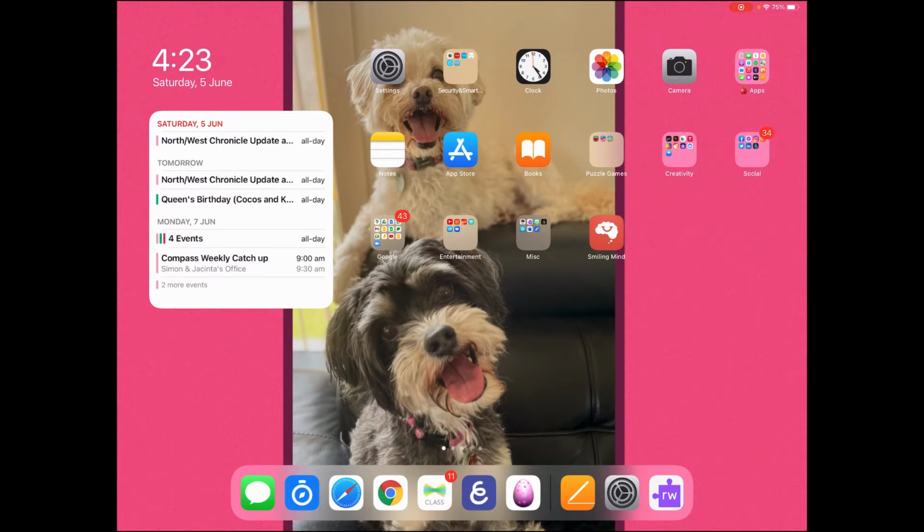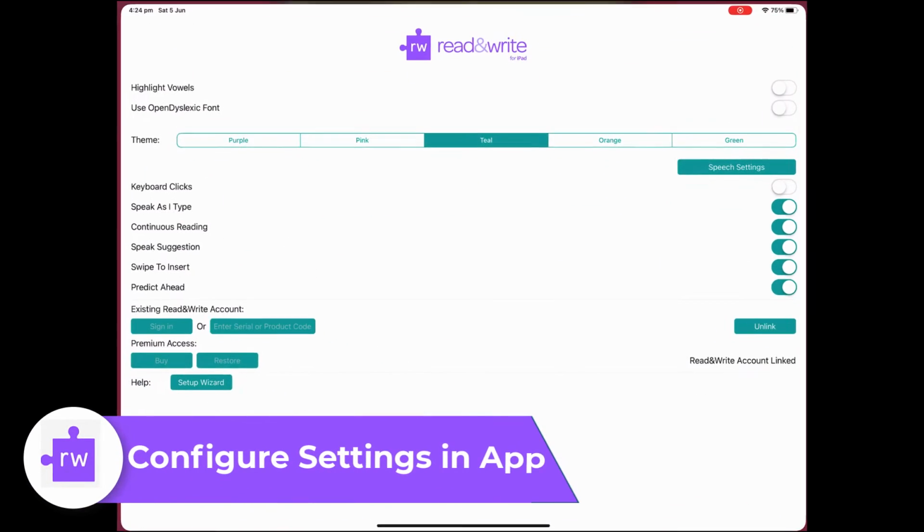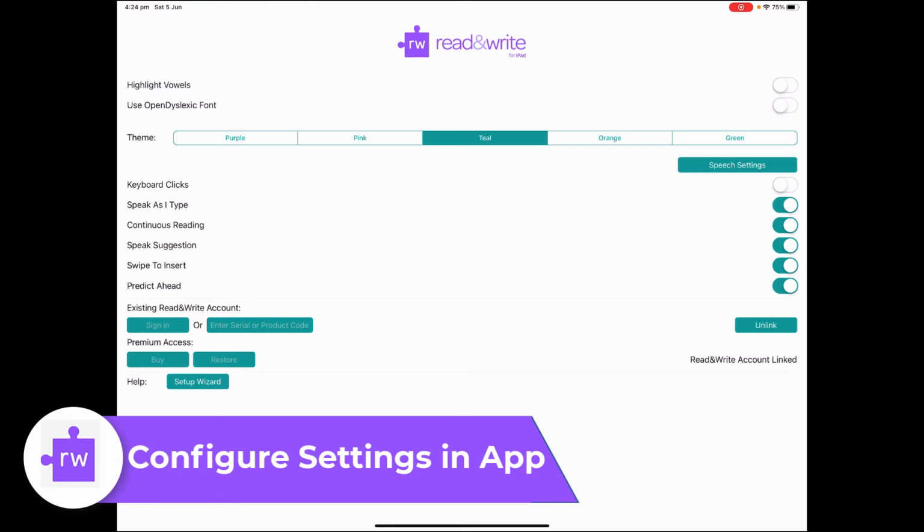Let's take a look at how to use the Read and Write app by Text Help on an iPad. So the first thing you need to do is set up the Read and Write keyboard and configure your settings. To do that, it's done from the app. So if you go to the Read and Write app, once you've downloaded it, these are the settings and the